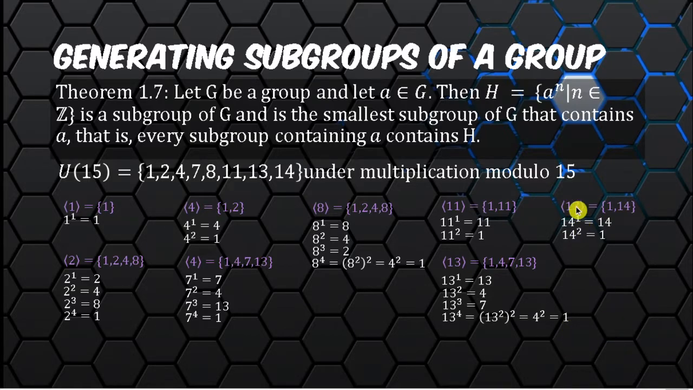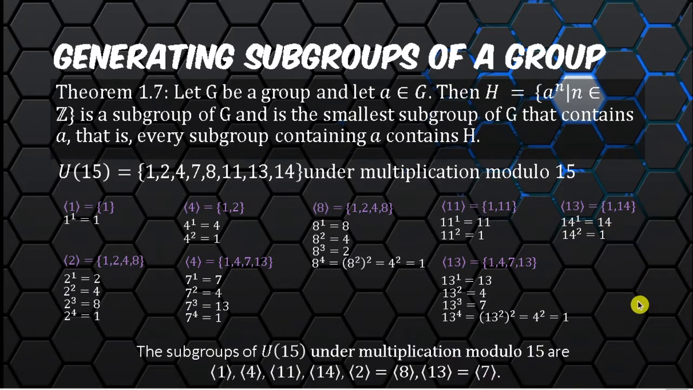Yeah, that is supposed to be 13. The subgroup generated by 14. Okay. The subgroups of U of 15 under multiplication modulo 15 are 1, 2, 3, 4, 5,